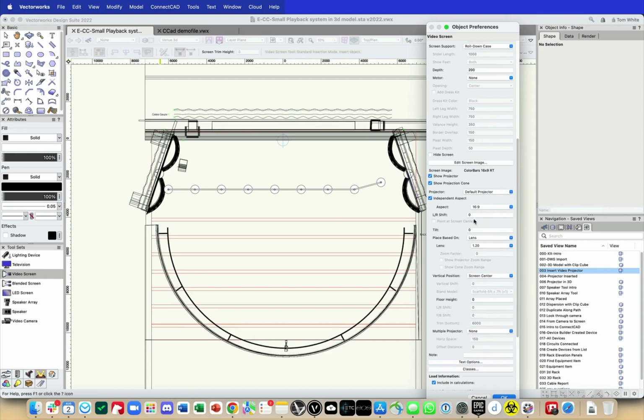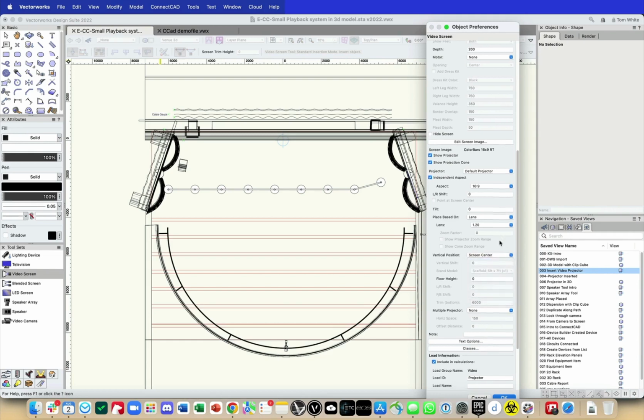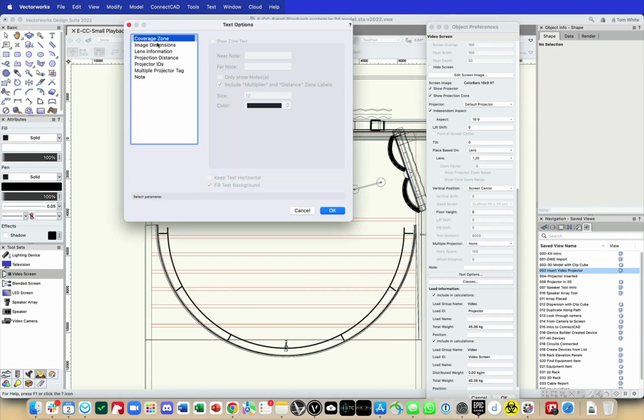I'm going to leave the lens shift, etc. Where do we want the projector to be rigged in terms of where we want it to be centered? So we want it to be aligned to the top of the projector. So what you'll see here really is there are loads of options in terms of how you want your projector rigged. And we can also display various lens information, for example, which is quite useful,